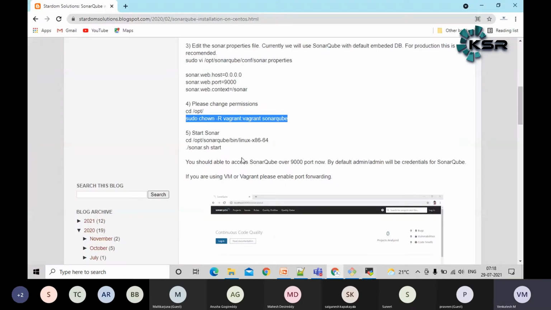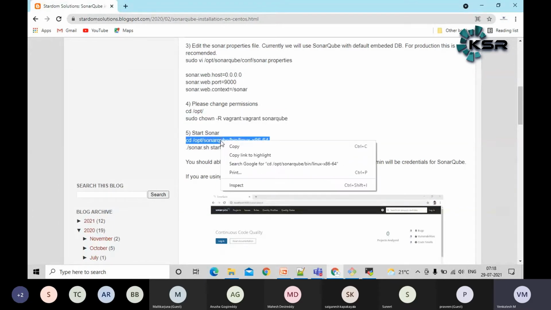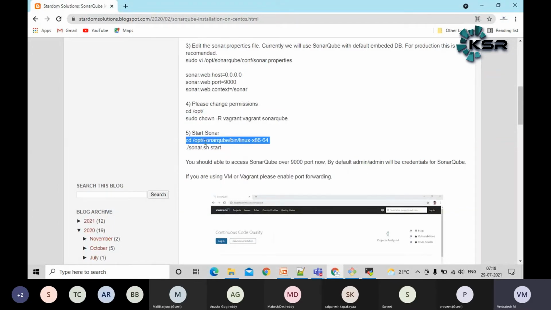Now let's move to further steps, guys. I have the particular path here, OPT, SonarQube, linux-x86-64. In Windows, you may have 32-bit or 64-bit OS platforms. Just like that, in Linux also we can have that, but 99% of people use x86-64 only.